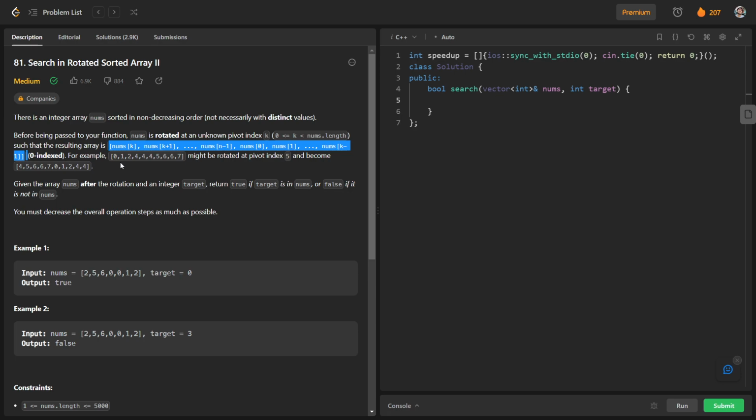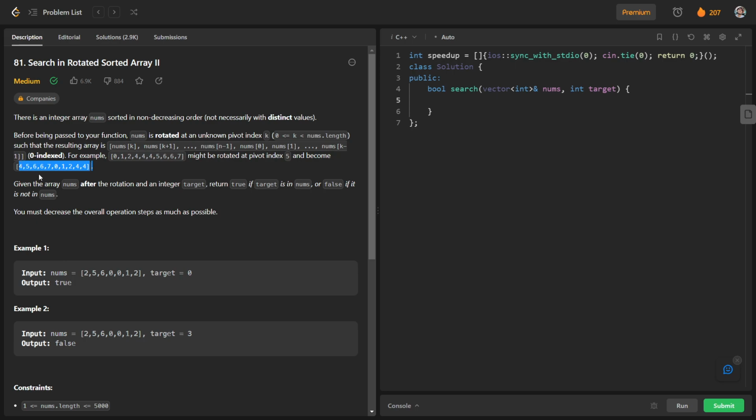So basically it is the same as in the question Search in Rotated Sorted Array. This was also the same in that previous question. You can see the example: if this is a sorted array and we rotate it about this index 5, after rotation the array will look like this.